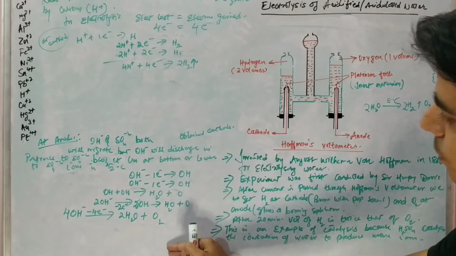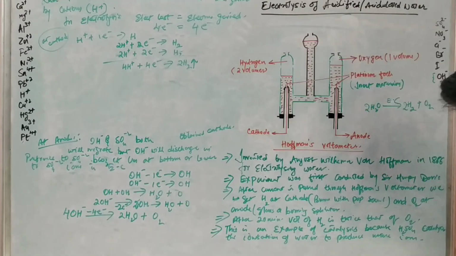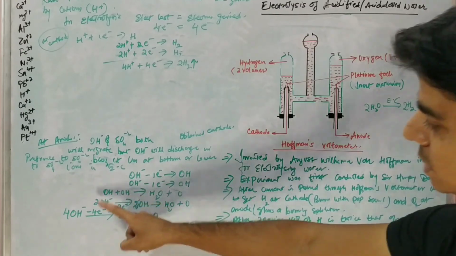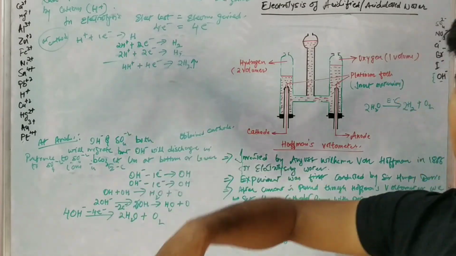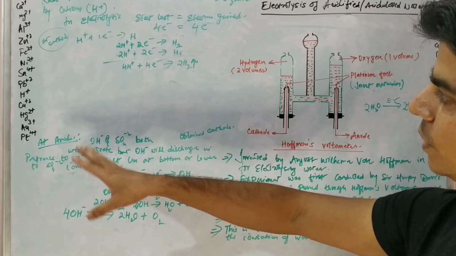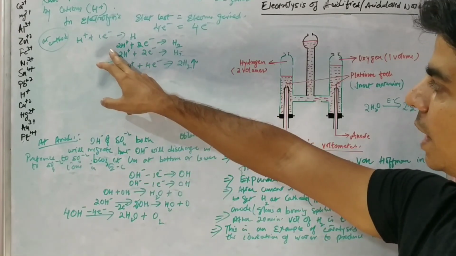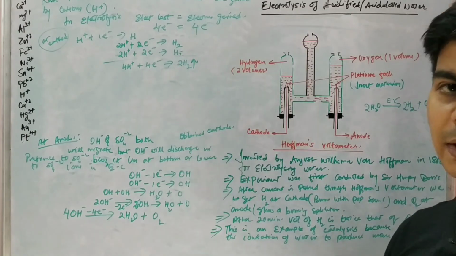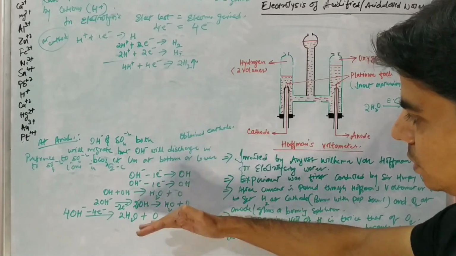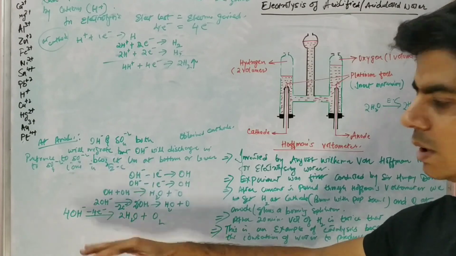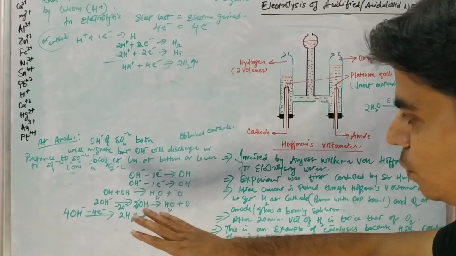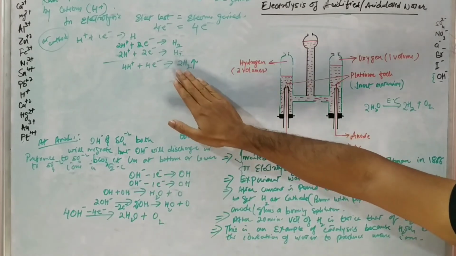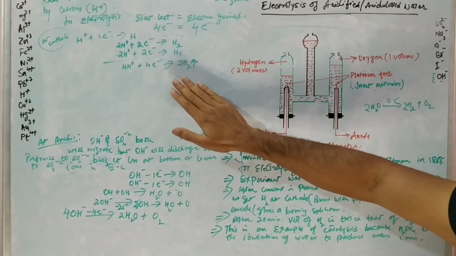2 volumes of hydrogen are produced and 1 volume of oxygen is produced. So this is how we can prove it, because 4 electrons are lost in forming 1 molecule of oxygen, right? So these electrons must be gained by a positive ion, which is hydrogen in our case. So 4 hydrogen ions gained these 4 electrons, forming 2 molecules of hydrogen gas, right? So just remember that it is due to these 4 electrons that we formed 2 molecules of hydrogen gas.